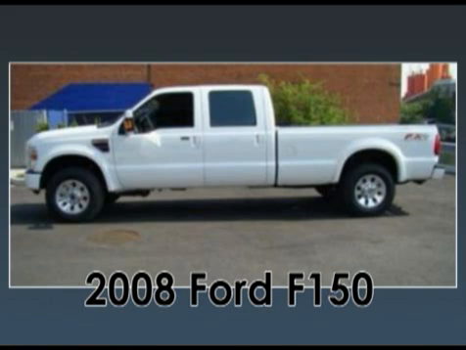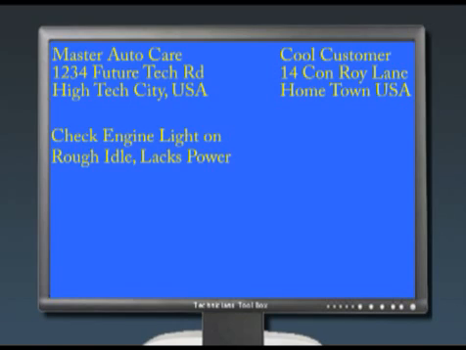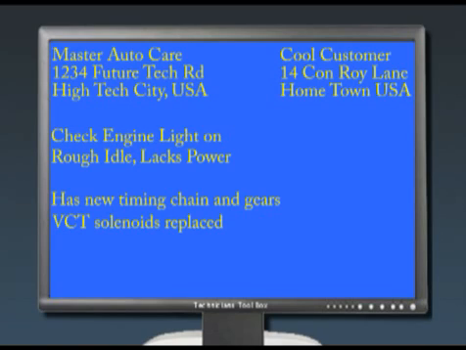Today's case study is on a 2008 F150 pickup truck with a 5.4-liter engine. The truck was driven into the shop by the customer, and he's complaining of a check engine light on, the engine idles rough, and it lacks power. He also informs us that it's had new timing chains and gears, and that the VCT solenoid has been replaced. He also informs us that the truck ran fine after these repairs were made, and all of a sudden